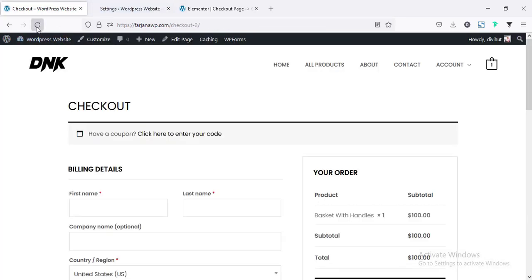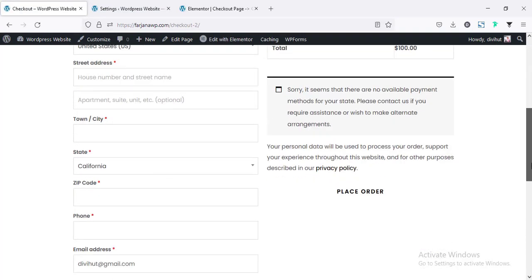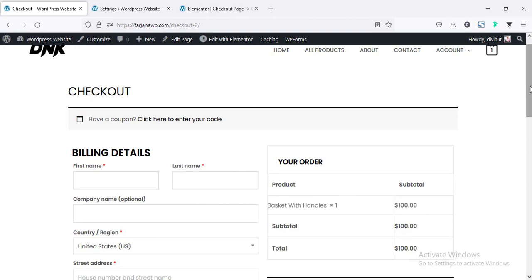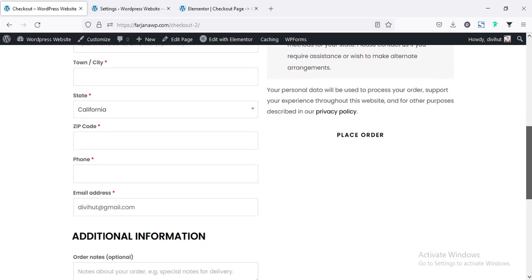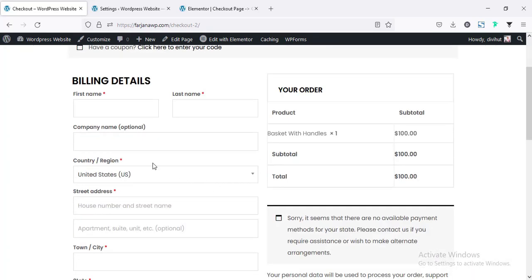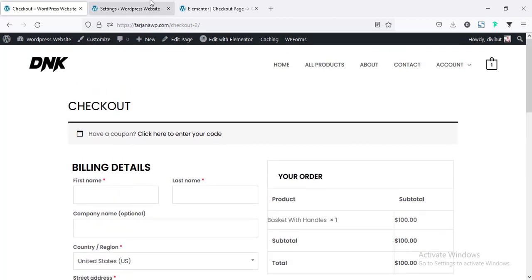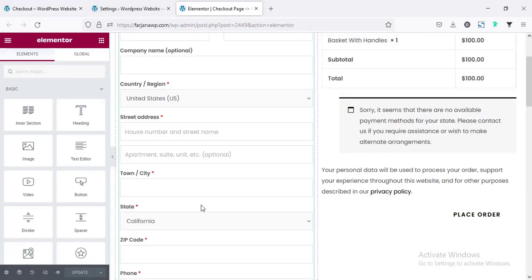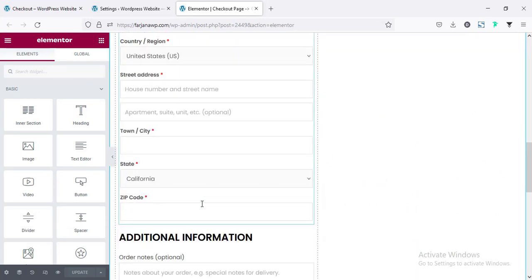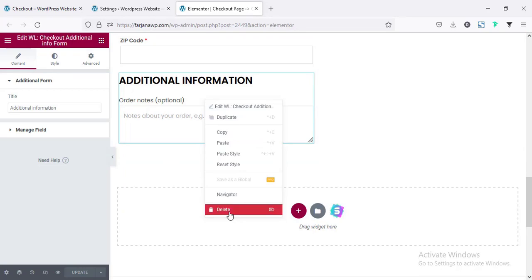Now if I refresh, so now it's looking like this. And now if I want to customize any field, we can also do that. For example, here I want to remove the additional information, and here we want to remove the company name, and here I want to add an extra field. So for that I'm going to this edit page, and here is the additional information. I'm removing this one,